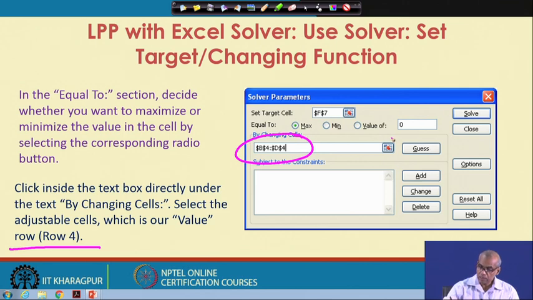You can actually click on this red button and then click on B4, drag it up to D4, release the button, you will get this.